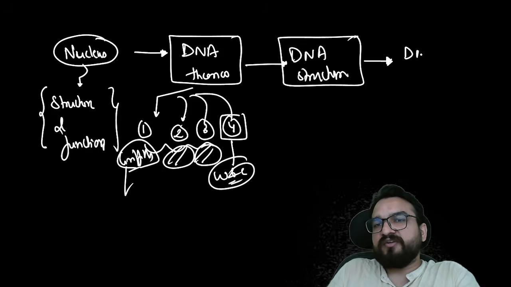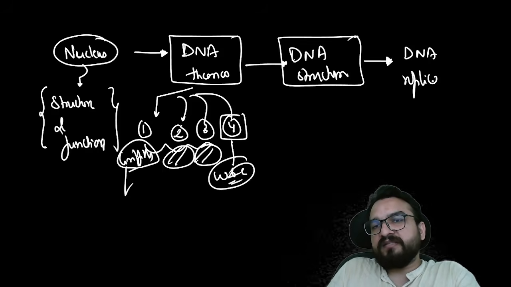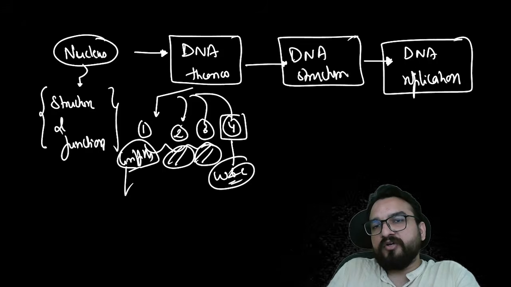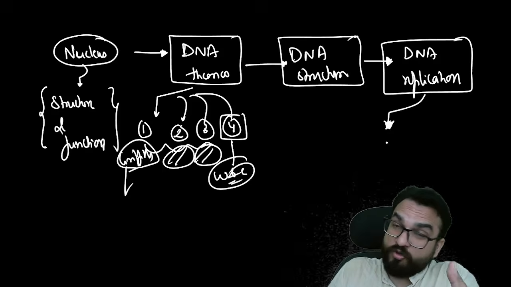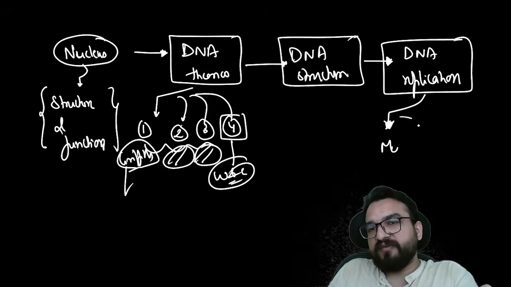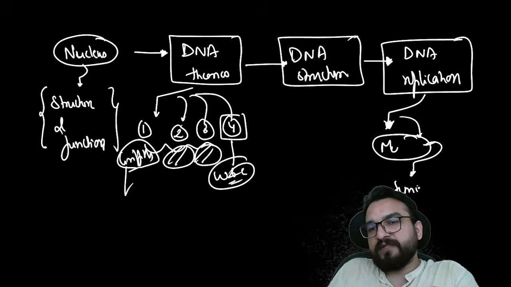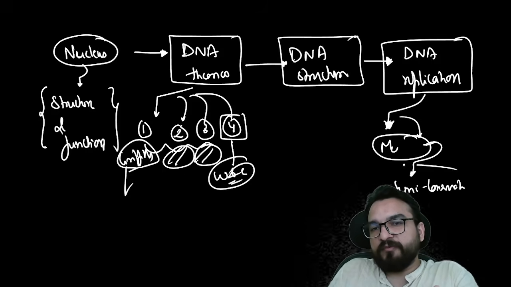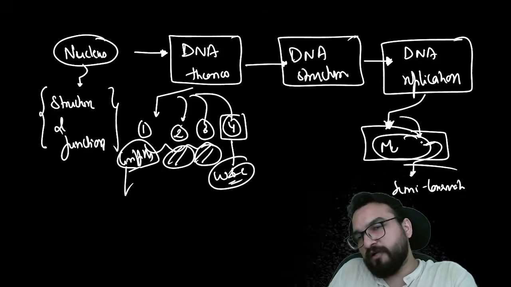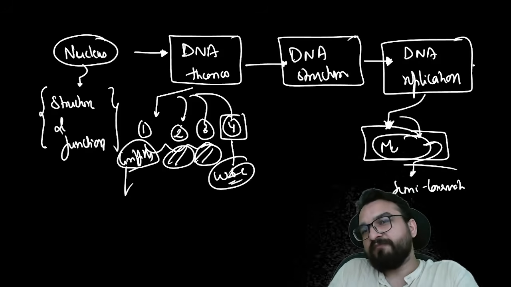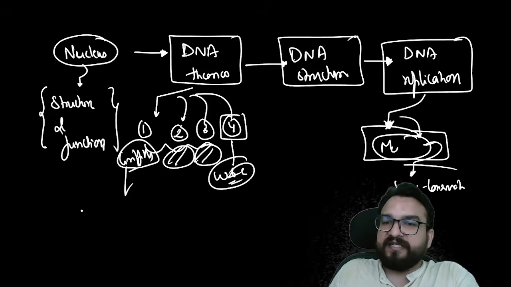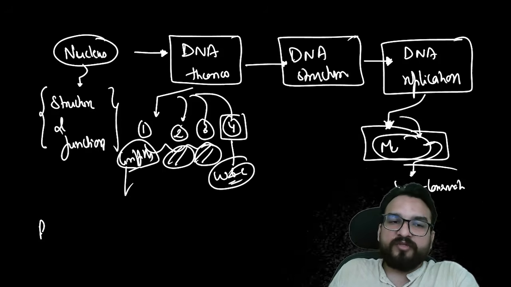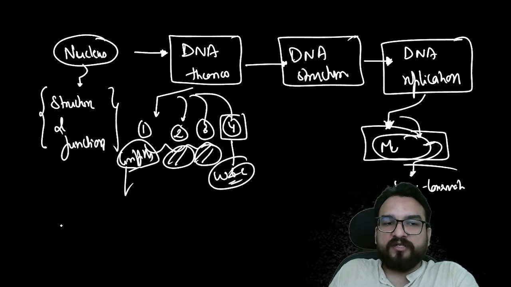After DNA structure you have understood DNA replication, and in this the major job was done by Meselson and Stahl, the name I always forget, something like Meselson you will be finding, right? They did this experiment and proved that the semi-conservative method is right, right? I hope you remember the name. I always forget it no matter how many times I read it. There is something with that name. After DNA replication we have seen how this DNA is replicating, and then we have found RNA,